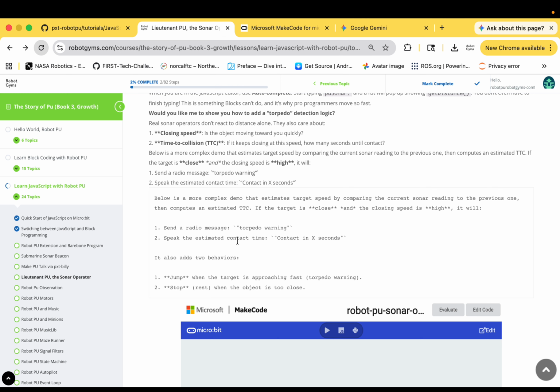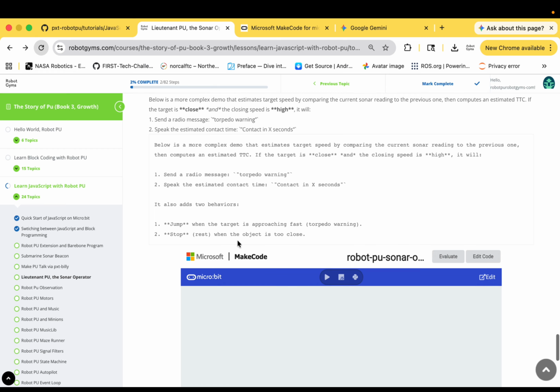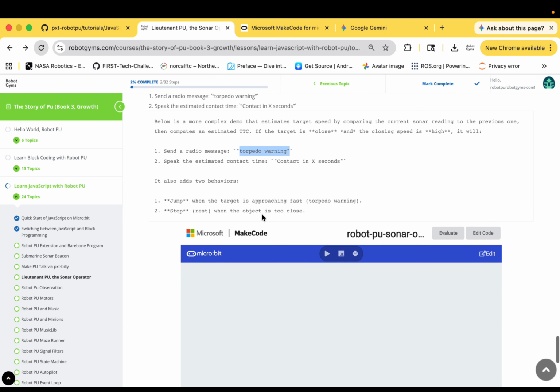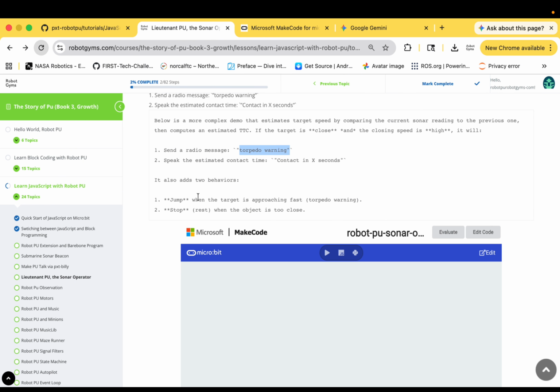When multiple conditions are met, Robot Pew will, based on different conditions, either send a warning message, say torpedo is coming, and contact in X seconds. If the contact is imminent, Robot Pew will jump and run away from it. If it detects the torpedo has missed Robot Pew, then Robot Pew will stop jumping and go back to